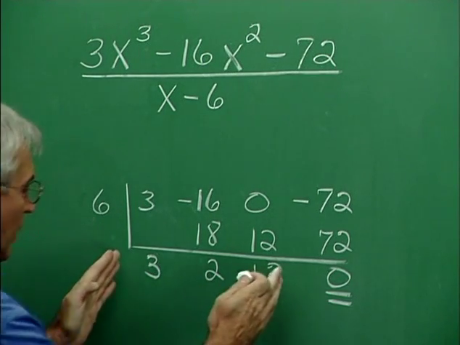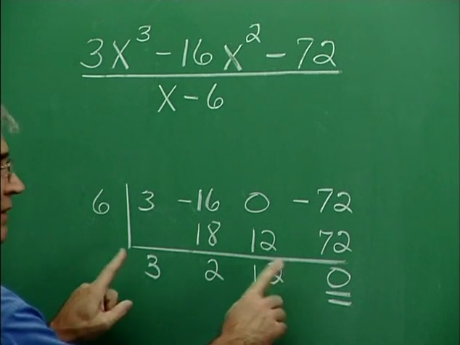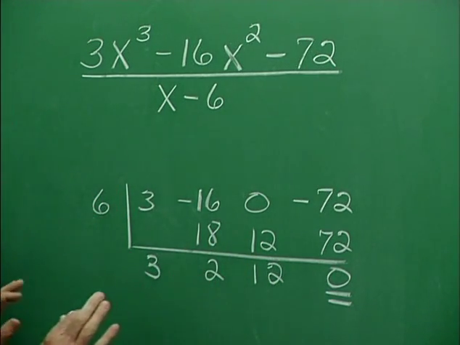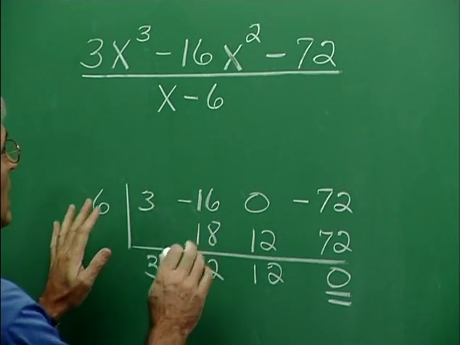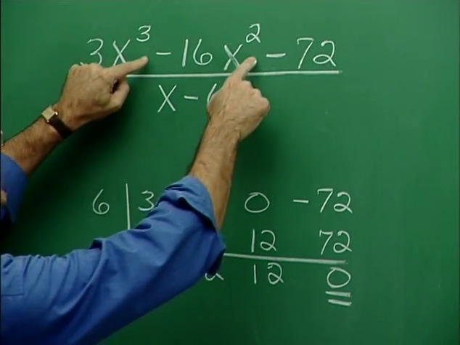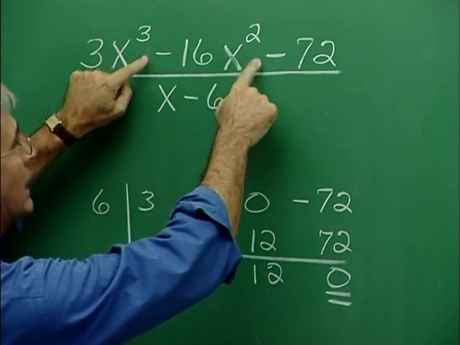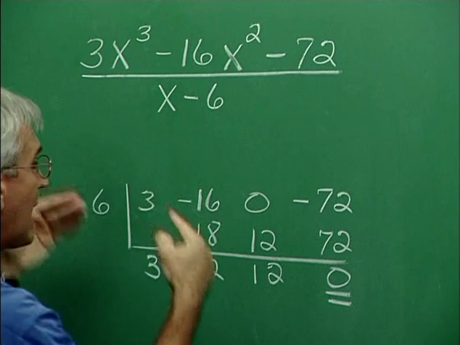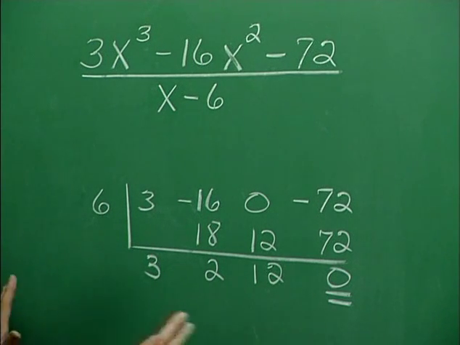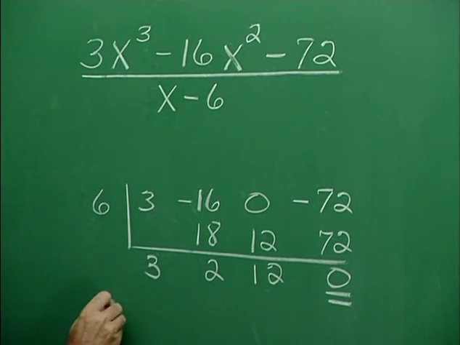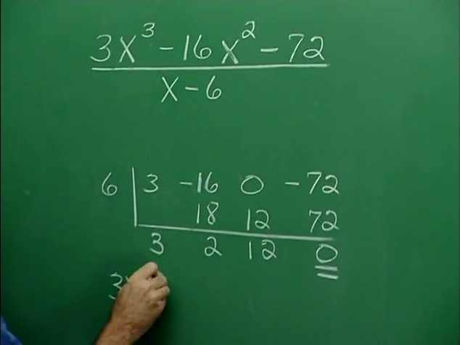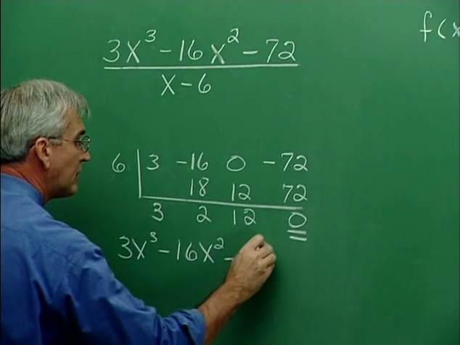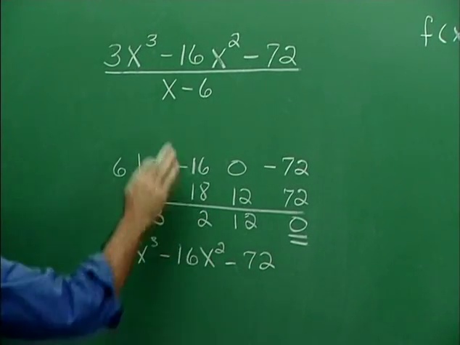Now our answer polynomial is right here, but the fact that our division went evenly implies that we can show a factored form. That is, x minus 6 went into this evenly, and so we can factor that as x minus 6 times whatever our answer was. To emphasize that, it's this idea, that 3x cubed minus 16x squared minus 72 can be rewritten as, let's see,